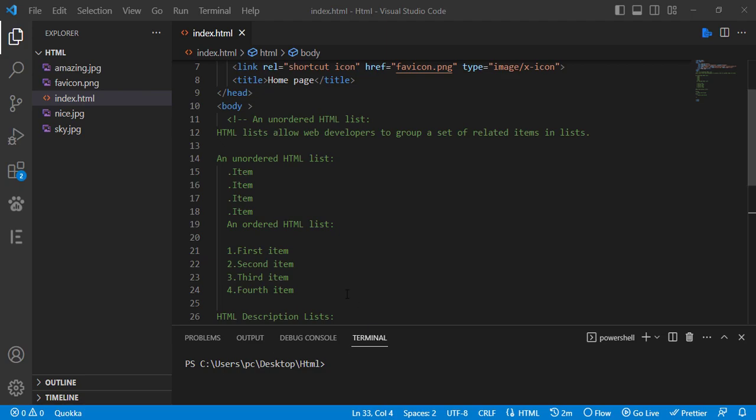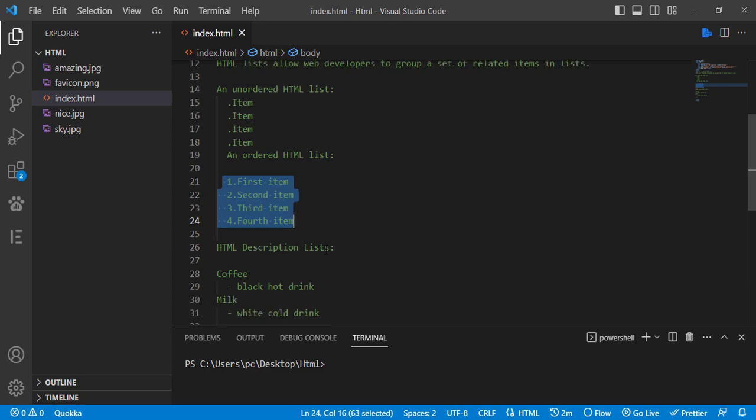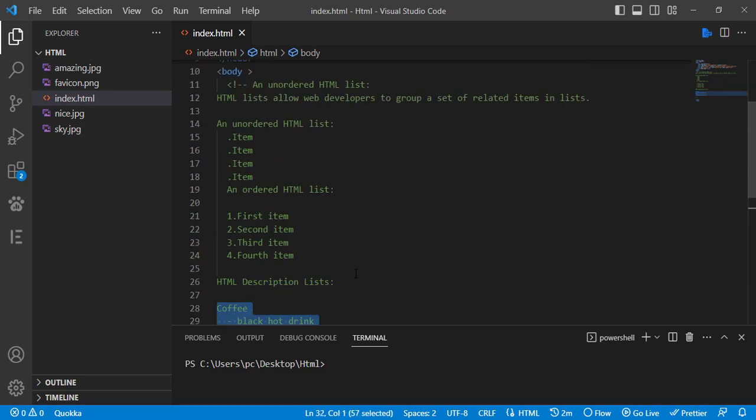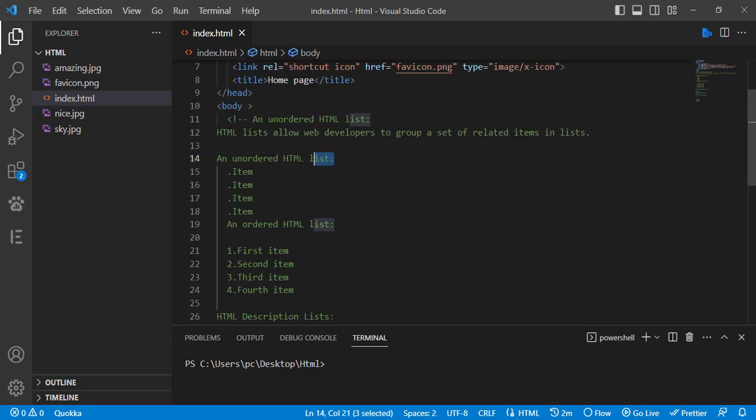Now let's talk about lists in HTML. Well, we have three kinds of lists in HTML. The first one is the unordered list, which basically looks like this one, and also we have the ordered list, which appears like this one, and also we have the HTML description list, which basically appears like this one. Now how can we define each one of them? So let's start with this one,